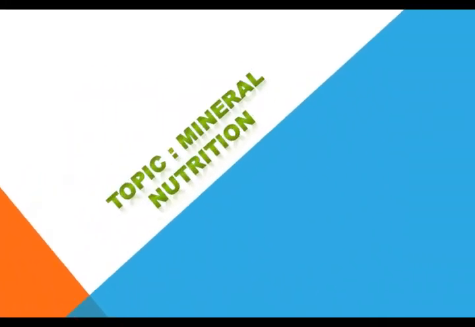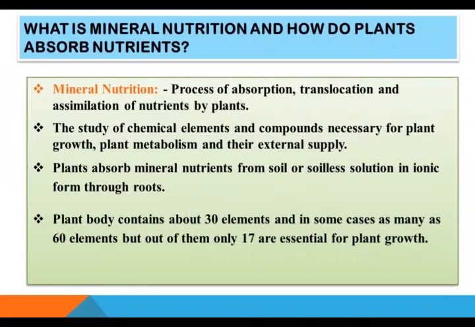Dear students, today our topic is about mineral nutrition. What is mineral nutrition and how do plants absorb nutrients? Mineral nutrition is the process of absorption, translocation, and assimilation of nutrients by plants. It can also be defined as the study of chemical elements and compounds necessary for plant growth, plant metabolism, and their external supply. Dear students, it should be noted that plants absorb mineral nutrients from soil or soilless solution in